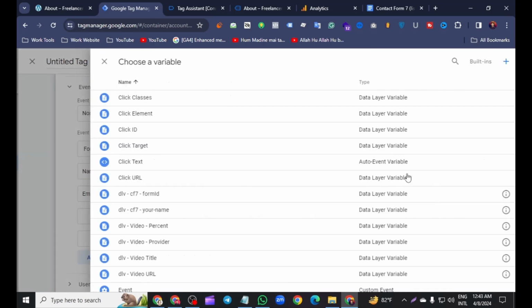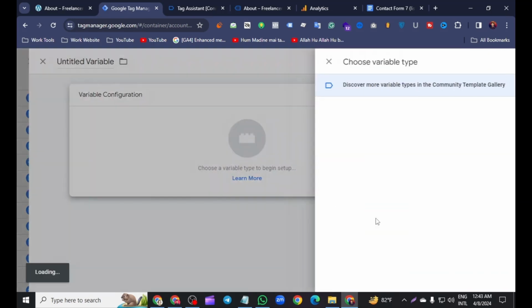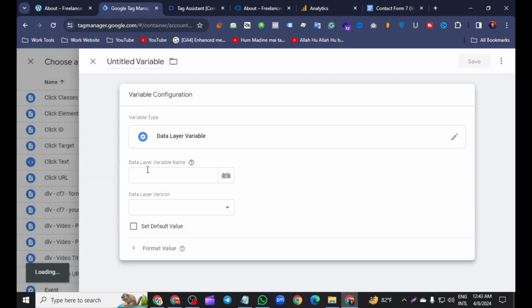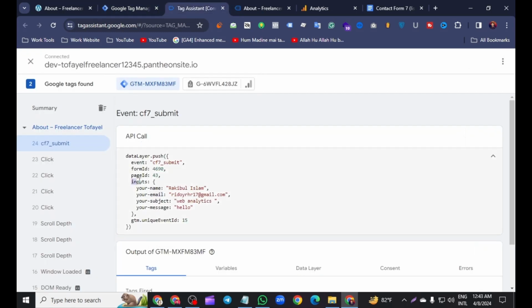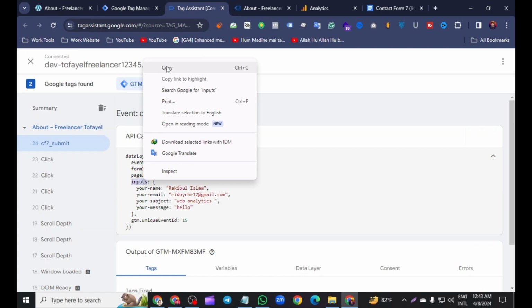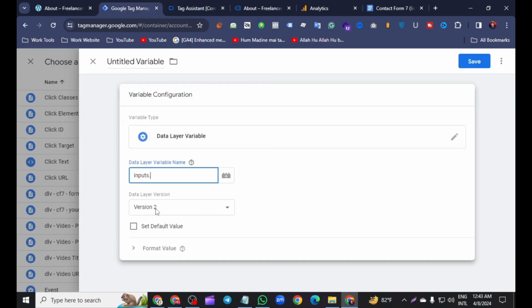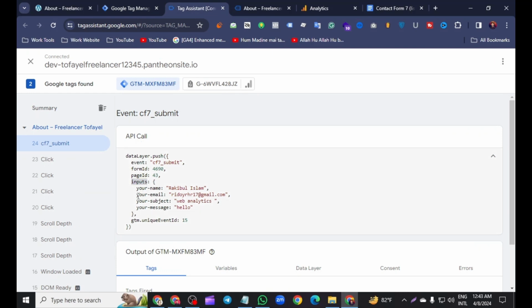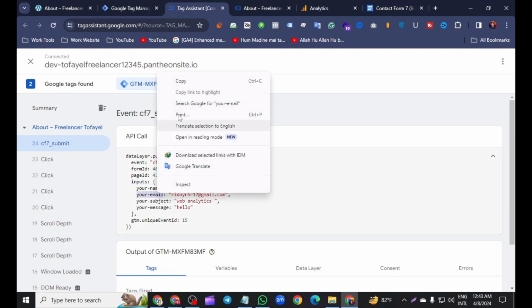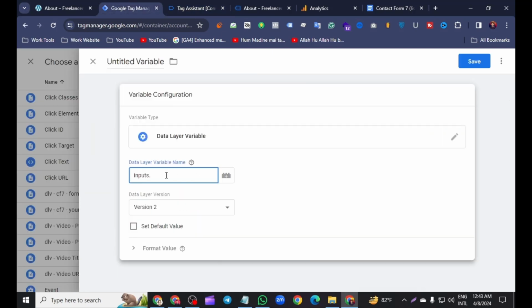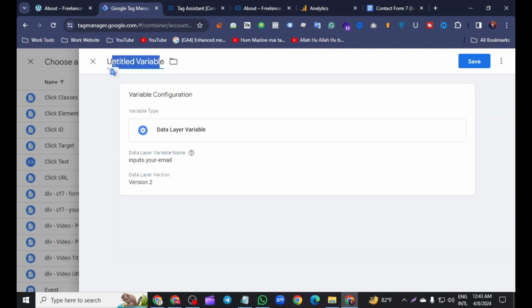and just click the plus icon, pen icon, and select data layer variables. First of all, we select the inputs, just paste here, write the dot, and the second option is your name, your email ID. So just write here and just write our variable's name. So dlv cf7,